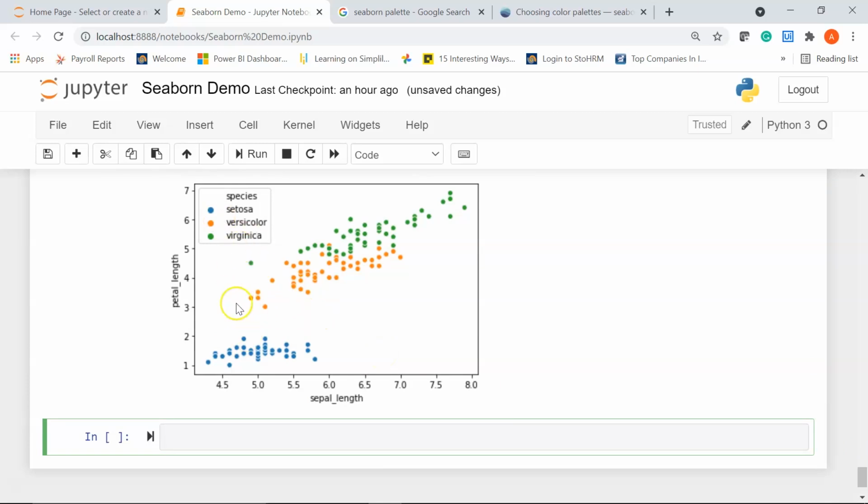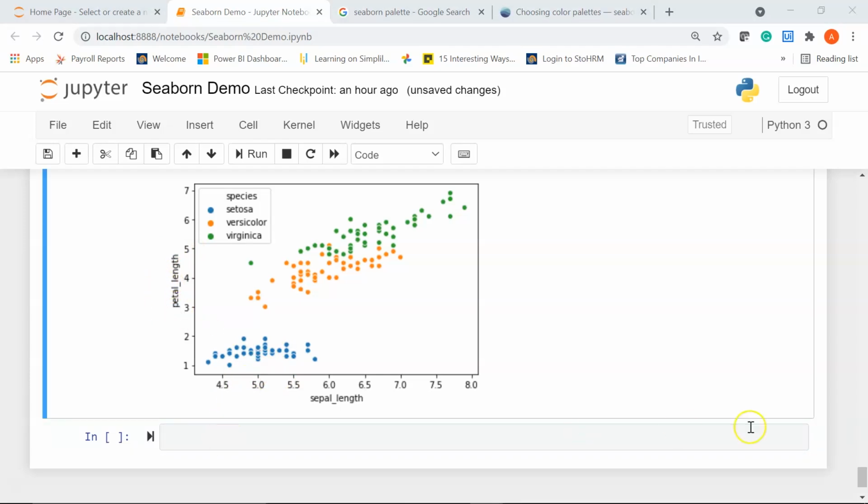The blue dots are for Setosa, the orange dots are for Versicolor, and for Virginica you have the green dots. From this scatter plot you can see that for Virginica flowers the sepal length and the petal length are higher than Versicolor and Setosa, and this region is completely for Setosa flowers. So you can say that the Setosa flowers have lower sepal length and petal length.